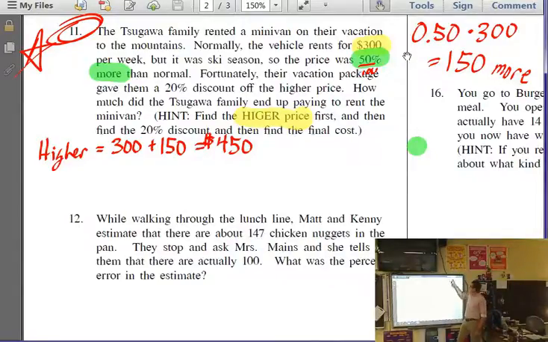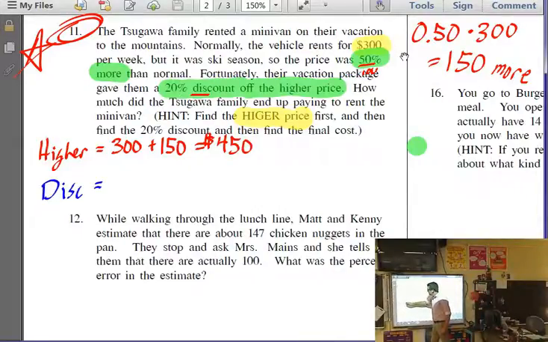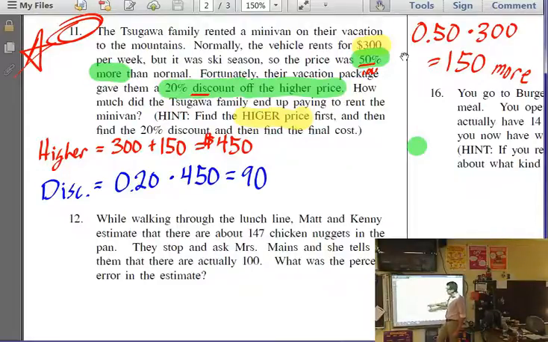However, we then have a discount of 20%, and a discount takes us down. So we need to then find out 20% of the higher price. If it's going to be off the higher price, it is 20% of the higher price. So let's find that discount will be 20%, and percent tells me divide by 100. So this will actually become 20 hundredths, or 2/10, times your higher price of $450 gives me 90. Now, some of you stopped at the 90. We don't stop there because that's the amount of discount.